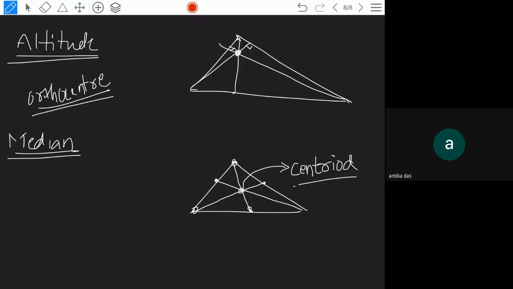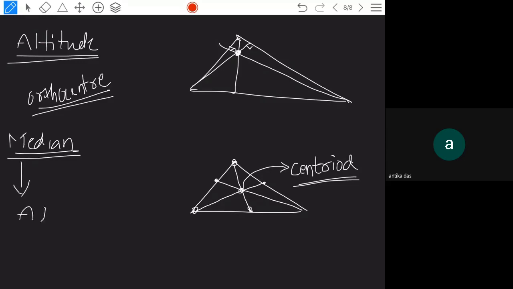As the situation comes, I am explaining this. These things are not given anywhere in your textbooks from the 6th to 10th class. But do you know these points? Median is given, altitude is given. Median बोले तो क्या है? Median का exact definition क्या है? What's the exact definition of the median?